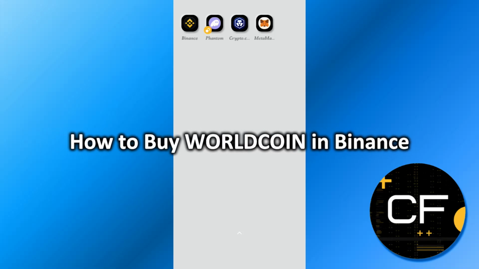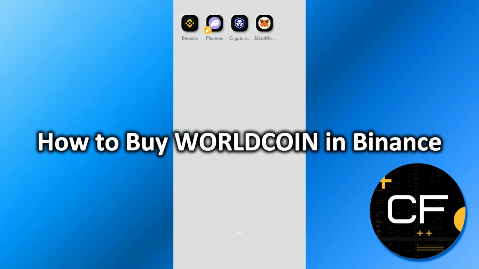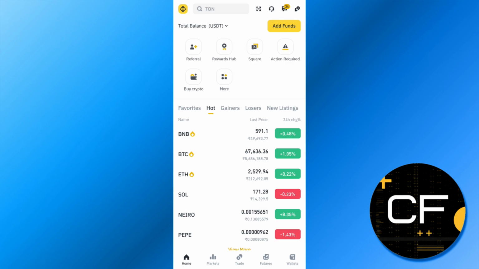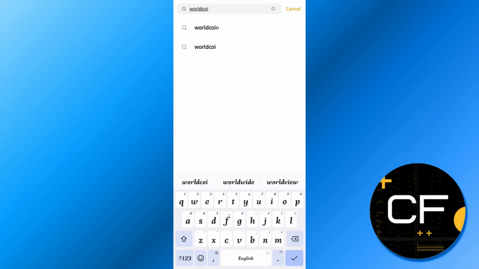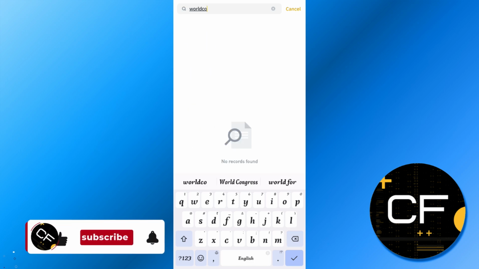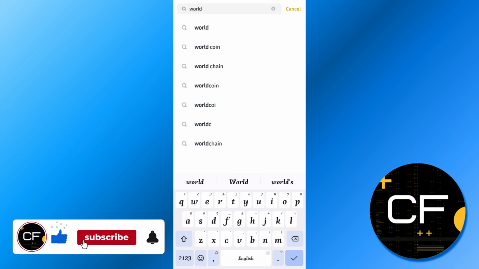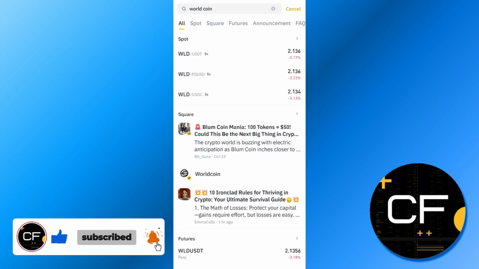How to buy Worldcoin in Binance. For that, you need to first of all launch your Binance mobile application, and here use the search bar in the top and search for Worldcoin. Now once you type Worldcoin in the search bar, it will show you the Worldcoin pairs. So you just have to simply tap on